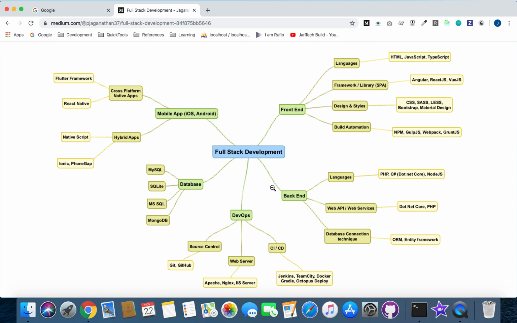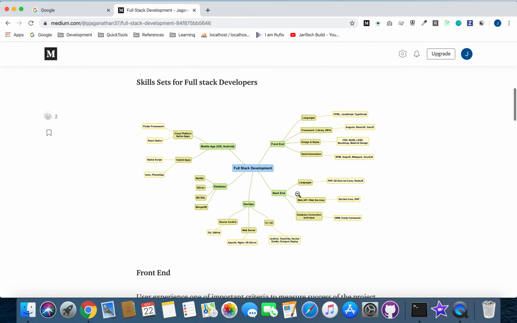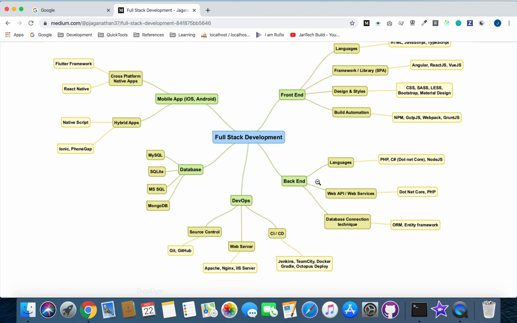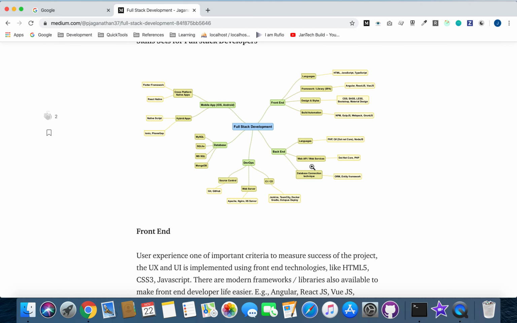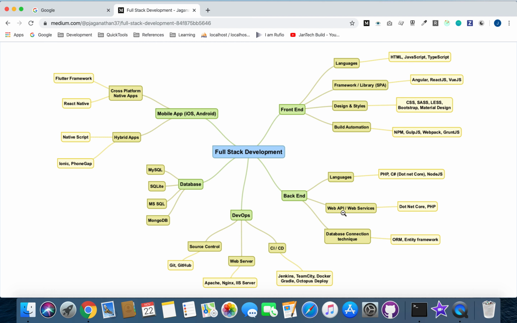Okay, for the backend, in the same way, we have a language. What are the famous languages that we used to have? We have PHP, .NET Core, Java, or Node.js, whatever. These are the things that we have these days. There are more also, like Python, and there is the Go language, and some other related ones. Mainly we can see PHP, .NET Core, and Node.js. Using these we can create a consumable web service or web API,